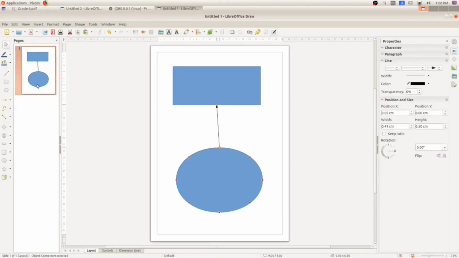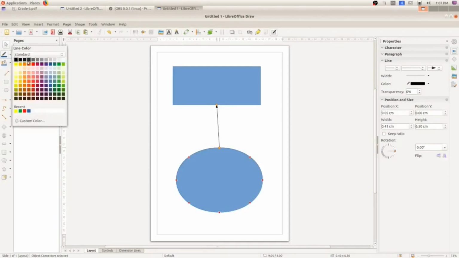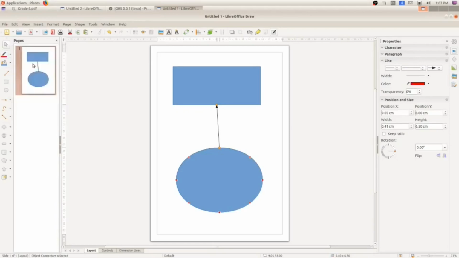After that you can see here line color. There is a tool called line color in the toolbar. Click on the down arrow near it and choose a color. Here I am going to choose a red color. Now can you see the color of the line is changed from black to red.